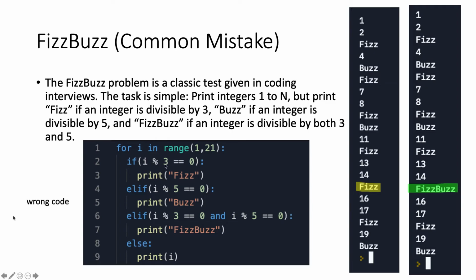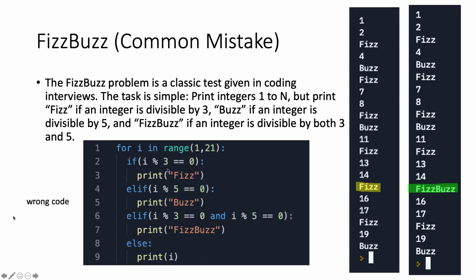Then we might just write: if i divisible by 3, this divide sign is basically finding the remainder, right? If i remainder 3 is equal to 0, it means it's divisible by 3, then write fizz. Otherwise, if it's divisible by 5, print buzz. Otherwise, if it's divisible by both, print fizz buzz. Otherwise, print the integer. So it may seem quite innocently correct, but actually it's wrong, because remember, what